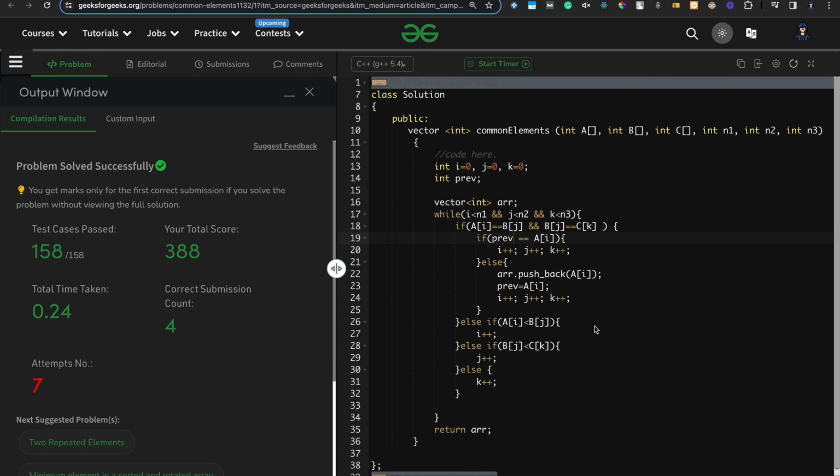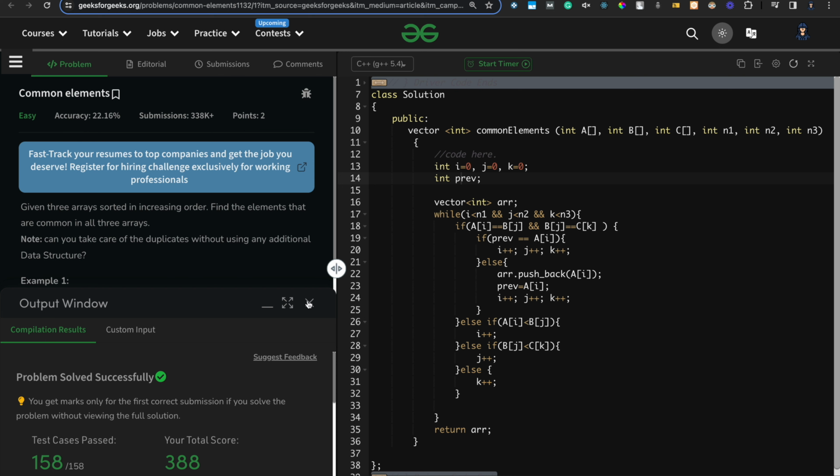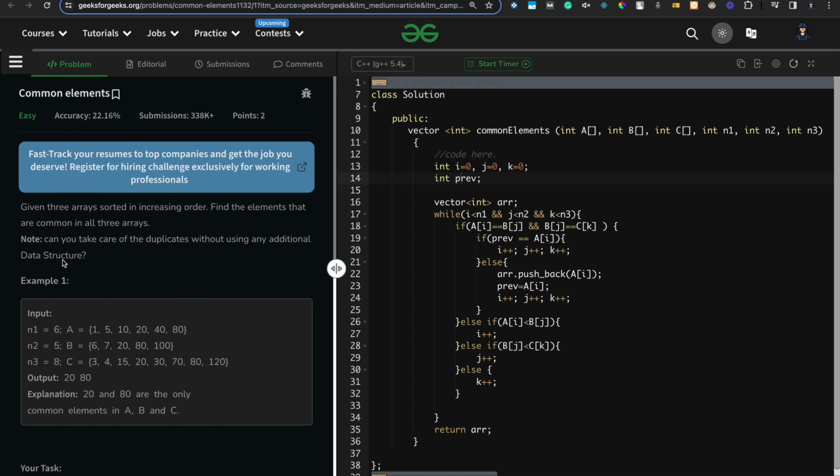Let us discuss the code for this problem. So what we have done is used three pointers I, j, and k, all assigned to 0. We have created a vector of int which will be the output array that we have to return. While I is less than n1 and j is less than n2 and k is less than n3, we will first check if a of I is equal to b of j and b of j is